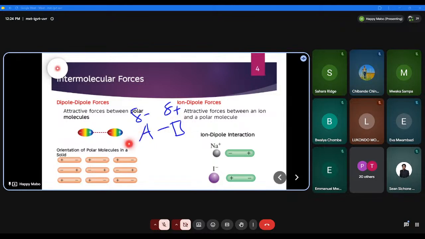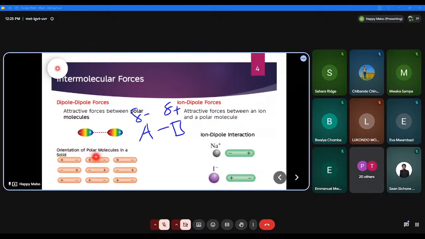So when these molecules orient themselves in such a way that the positively charged part of the molecule faces the negatively charged part of the molecule, then you're going to have this arrangement almost everywhere within the structure, such that if we were to extend this idea to a substance that is polar and exists in a liquid, in a solid state,